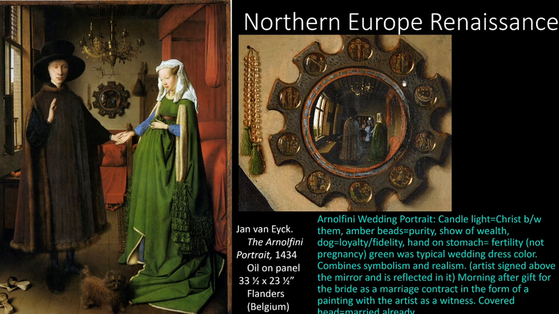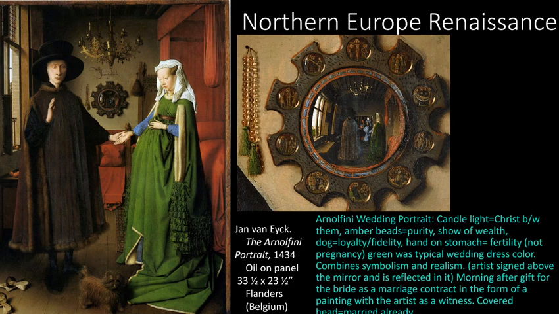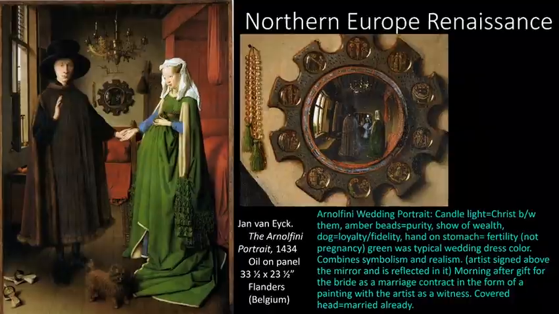If you look at this little thumbnail here, there's a couple things I missed. One is that this mirror has the stations of the cross here. So this is talking about Jesus's death and resurrection and so on. These beads over here on the side are amber beads, and those are a symbol of motherhood and childhood and fertility. So again, all of these symbols about her ability to produce an heir for him, to have children with him, are present there regardless of the meaning. Okay. All right, move on to the next one.